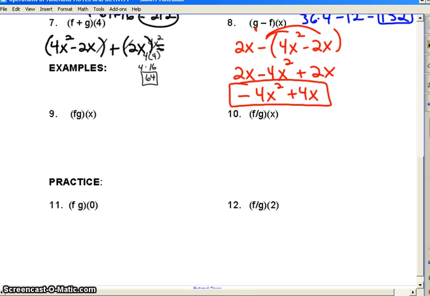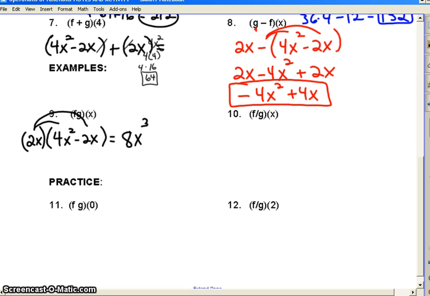All right, now we're going to look at the last two operations where we multiply the two functions together and then divide. Okay, on number 9, fg means f times g. So 4x squared minus 2x, I'm going to put that in parentheses, times the g of x is 2x. So I'm actually going to put it in front just because that's the way I'm used to seeing it. You could put it at the end if you want. Okay, this is a distributive property. Okay, 2x times 4x squared, 8x cubed, and then 2x times negative 2x,